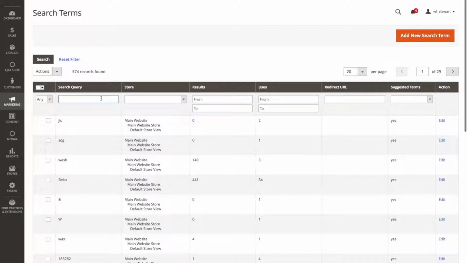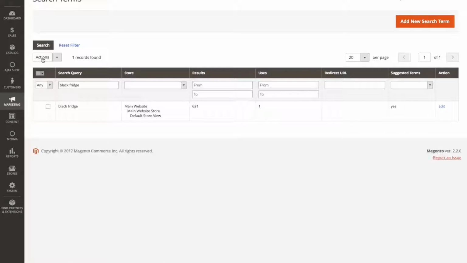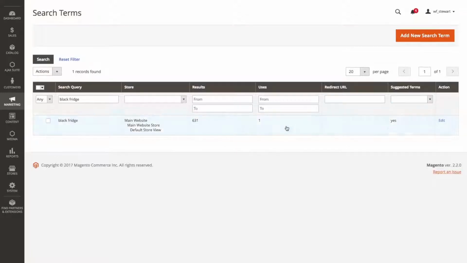So what we're going to do is, because we've already searched for the particular term that we want to create a custom search for, we can't just go up to here and add a new search term, because well, we could, but it would come back and say that it already exists within the database. So just to cut that bit out, I'm going to search for the search term black fridge. So just click on search, and that will just search the database for the search query. So this is the search query that we want to create a custom search term for. So we just go across to edit,